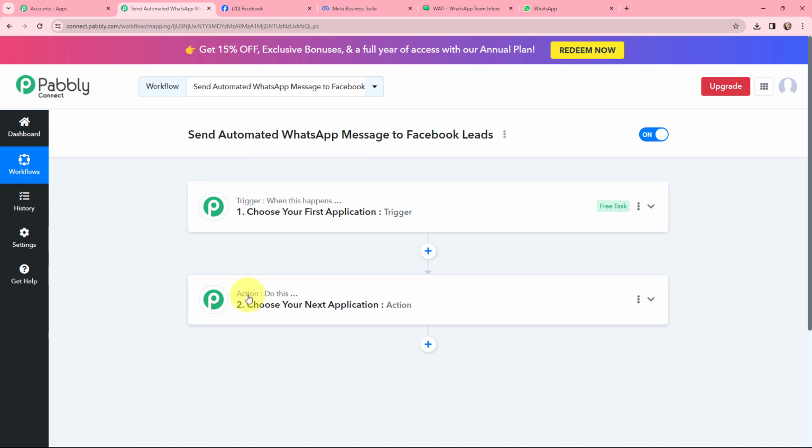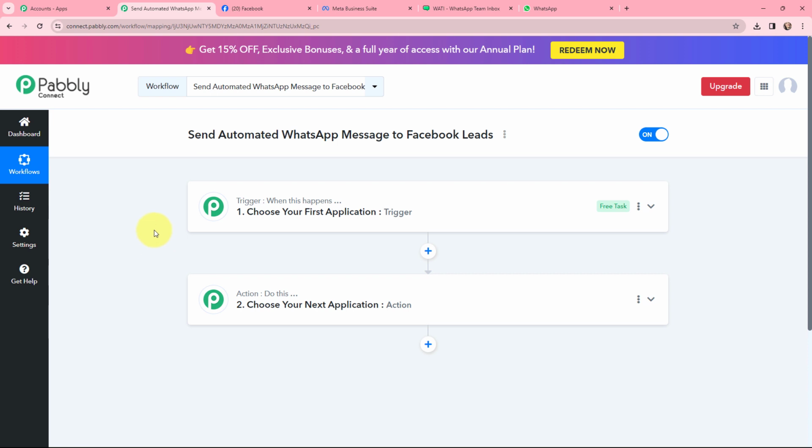So as I did that, now you can see I've arrived on a very important window which consists of trigger and action. Basically, trigger and action are the two most important principles or concepts of Pabbly Connect on which this entire automation and integration will depend. Trigger says when this happens, action says do this. Action is an automated response of your trigger application, and in a workflow, you can only have one trigger but